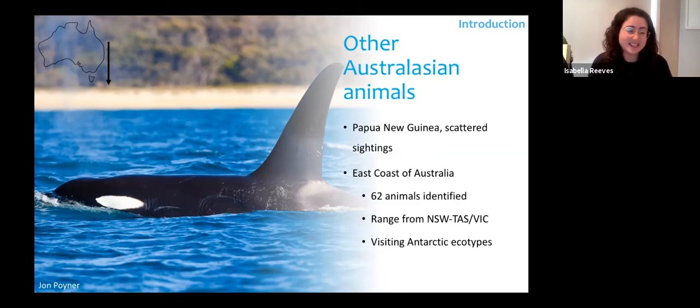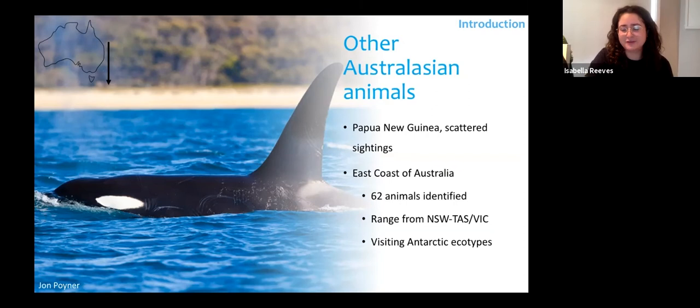In terms of diet, they've been seen eating a whole range of things. In Tasmania, they're known to depredate off blue-eye trevally fishing boats. That's a unique behaviour in terms of Australasian killer whales, but is obviously seen elsewhere, like with the type Ds in the subantarctic. What's something that's been really cool about Eastern Australia as well is that there seem to be visitations from Antarctic ecotypes. One of the co-authors, again Dave Donnelly, has just published a paper in Aquatic Mammals that highlights the presence of type B and type C killer whales actually coming into Eastern Australian waters, which is pretty cool.